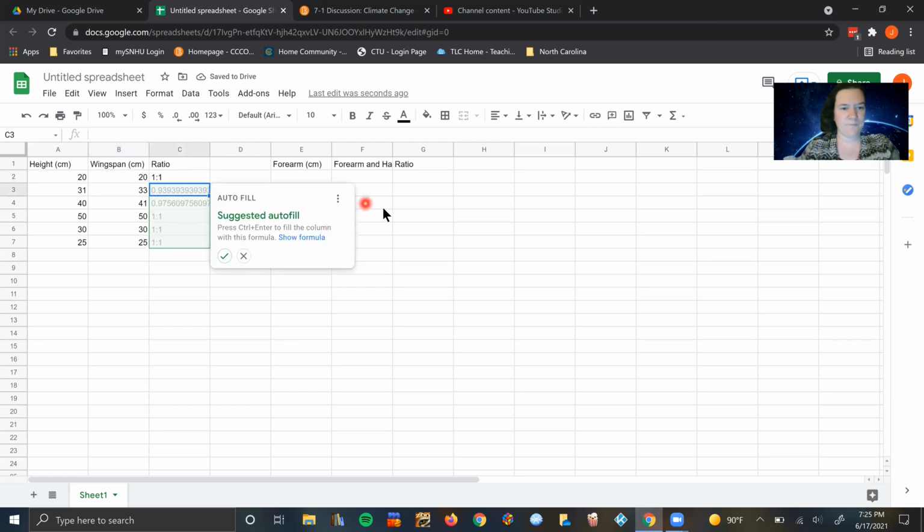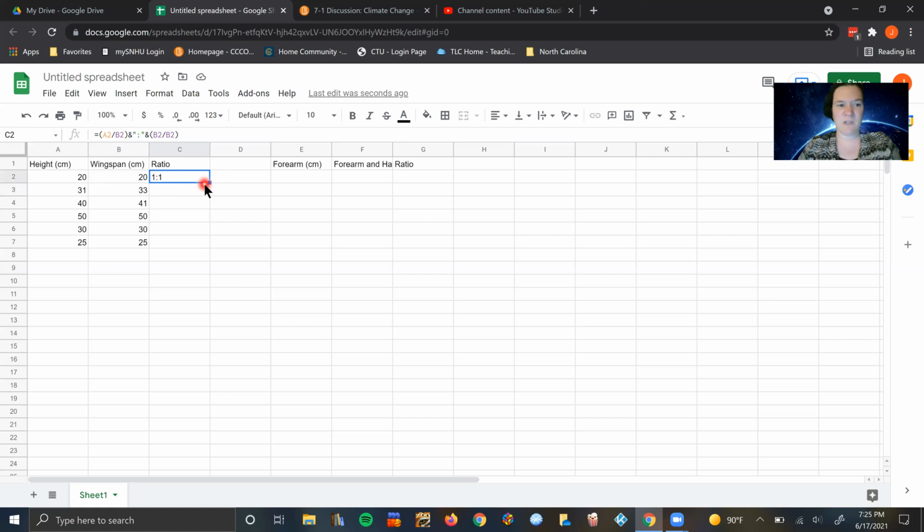And I'm not going to autofill it just yet. So you can see it calculated out a 1-to-1 ratio, which makes sense because 20 divided by 20 is 1. Okay. Now we want it to calculate that ratio for all of them. We don't want to have to type in that calculation every time. So we're going to grab the corner and we're just going to drag it down, and it